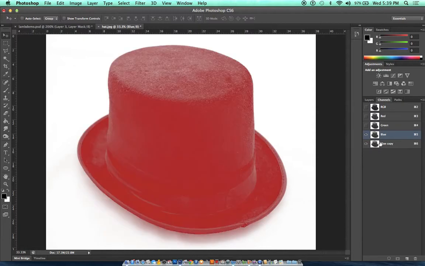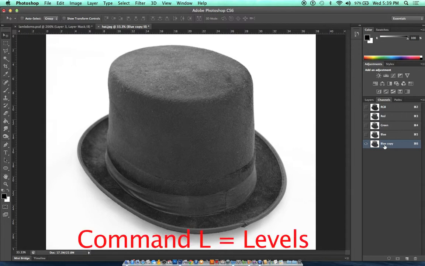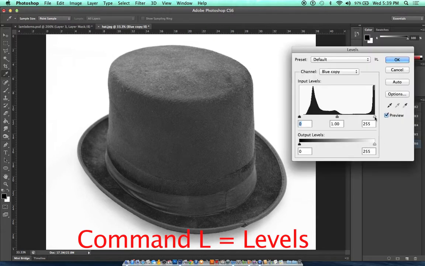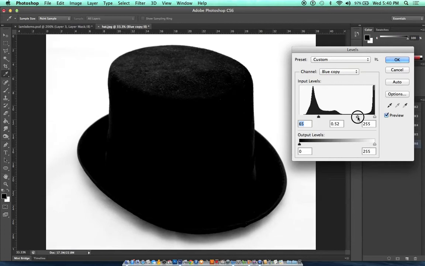So now I'm going to put my little eyeball icon right next to that blue copy channel. And now I'm going to increase the contrast of this channel using levels. So remember, the shortcut key to bring up the levels adjustment directly on a layer is Command L. Now watch what I'm going to do. I'm going to increase the darkness of the darks, the darkness of the midtones, and try and get a nice